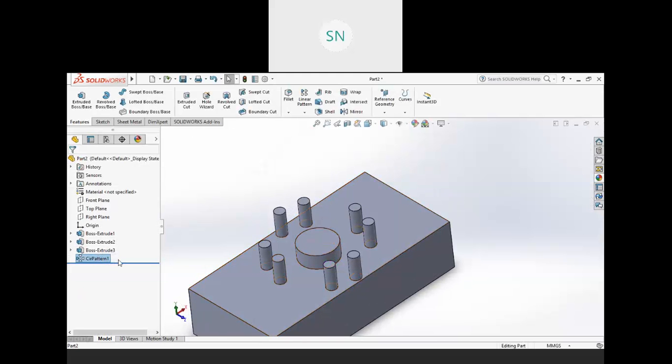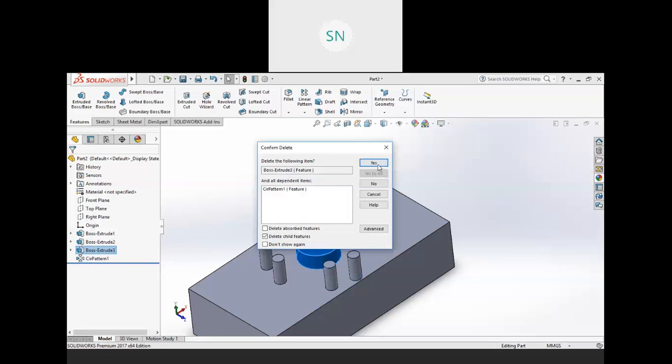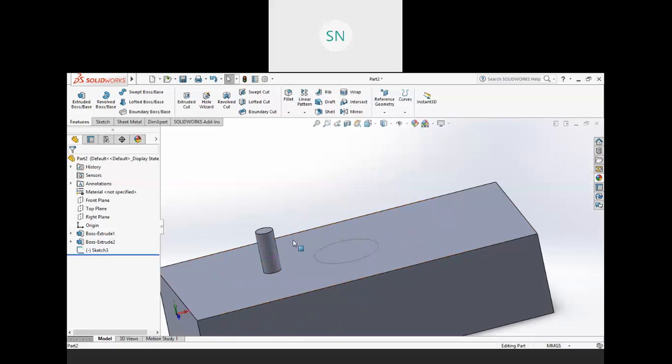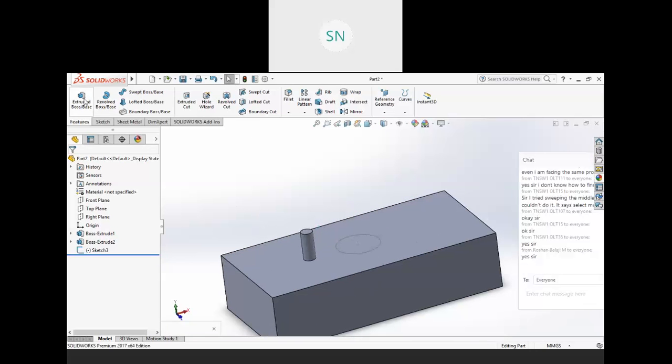Then next we have mirror. So for the mirror, I am creating one object over here.